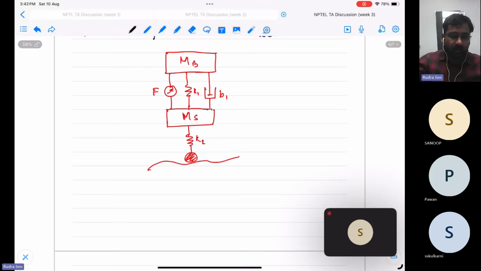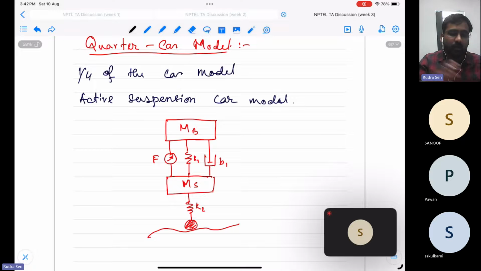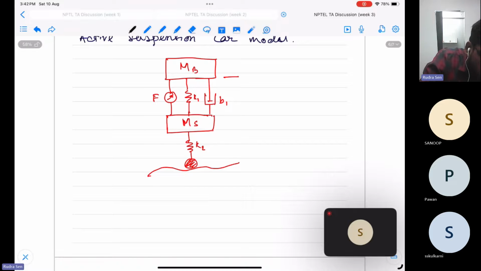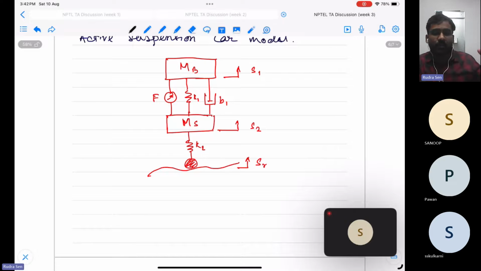If you want a full car model, this system is basically a force system acting in parallel, right? So this is the displacement. Let me call this S1, this is S2, and this is SR. S1 is the displacement of the body, which is upward. S2 is the displacement of the suspension, which is upward, and SR is the force exerted by the road. So SR will be neglected